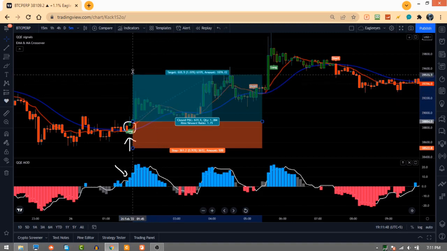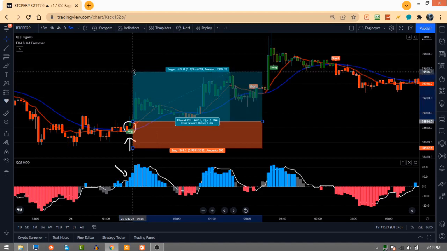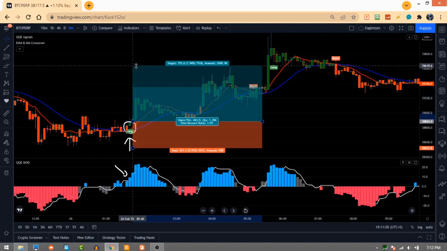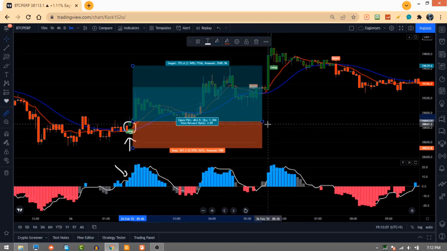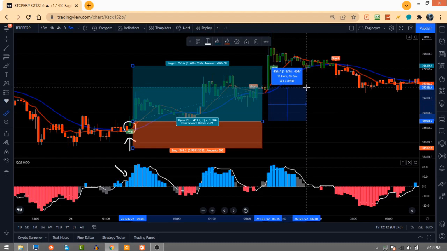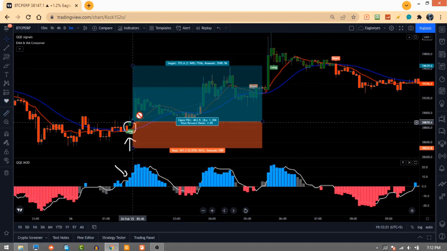You can also use the crossover as an exit point, or you can use a profit target of 2% or 1%. It's up to you. You can use any criteria for exiting a trade. Basically, this strategy on a 5-minute chart can easily give you almost 1.5% profit on average, and it can also give more than that in many trades.